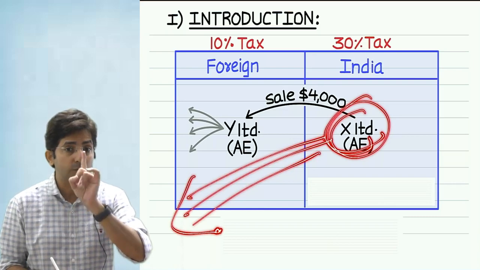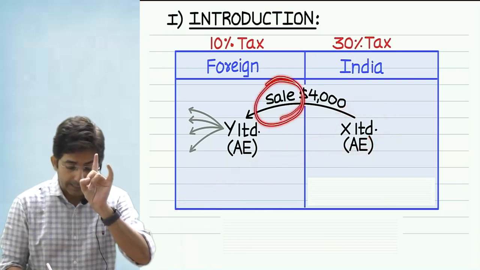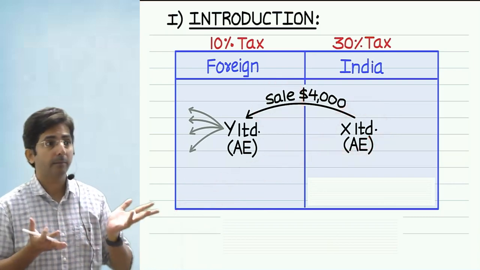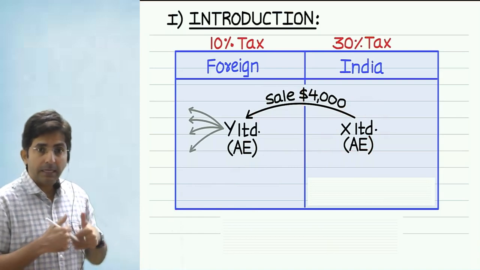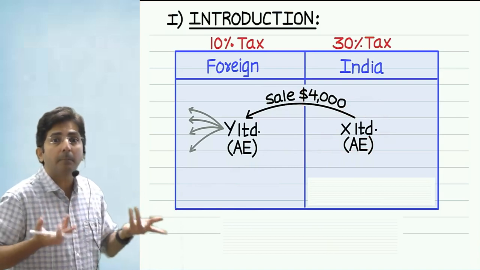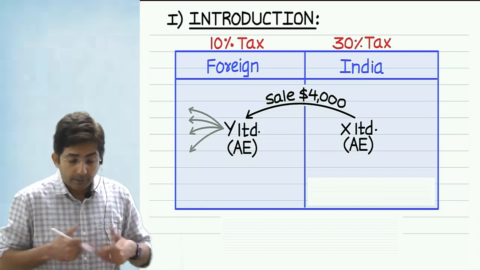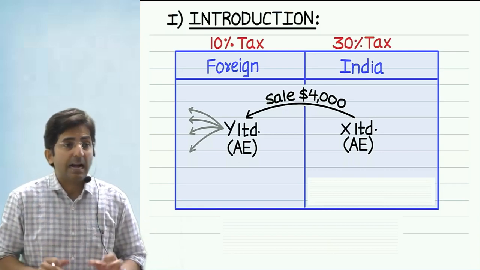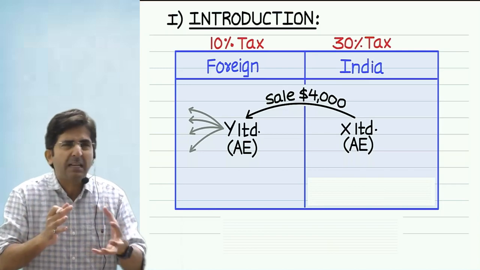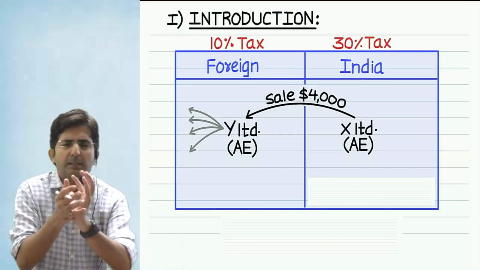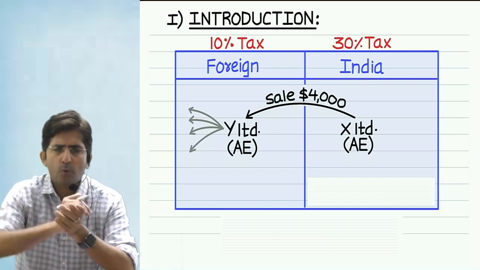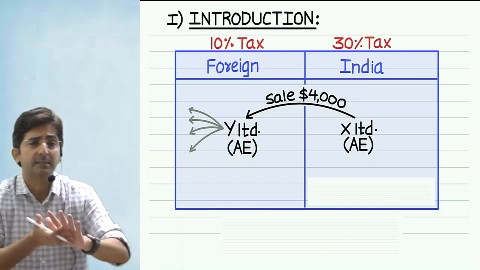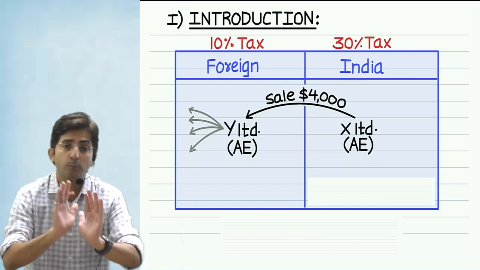The transaction is a sale, don't forget. It's a sale from India. And Indian people selling goods, it is making their income. Okay. And on income only there is tax. So to pay less tax, I want to manipulate the sale price, that I can show the sale price as very small. Because smaller the sale price, my income and profits will look small and I will have to pay